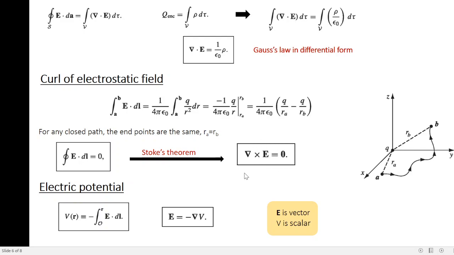That means curl of E equal to 0. So you found out the divergence of electric field equal to rho by epsilon naught and the curl of electric field equal to 0. Okay, so far so good. So remember what was our aim? We have a charge distribution. It could be discrete point charges or continuous charge distribution, and we want to find out the electric field associated